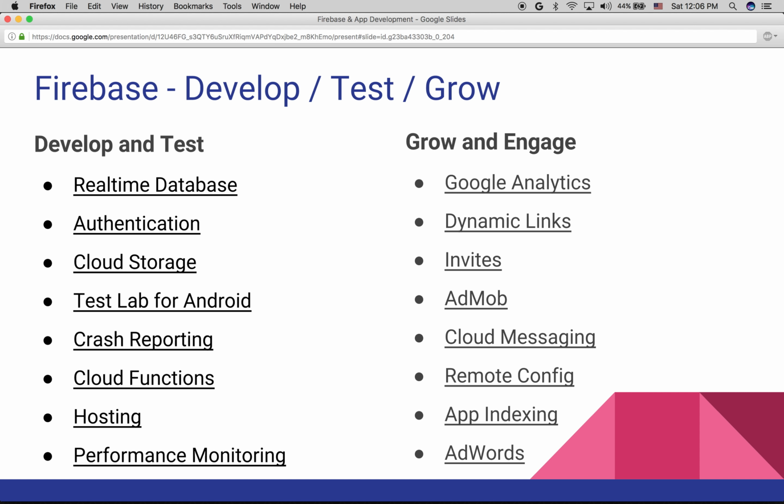Okay, the next important thing is Test Lab. As I explained in the previous slide, Firebase Test Lab is very helpful. They have all the latest devices and many others available. You can pick and choose: I want to test my application on these devices. Upload the APK, and you can pick.